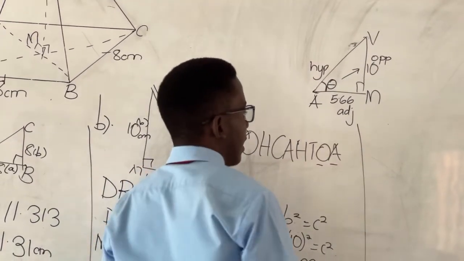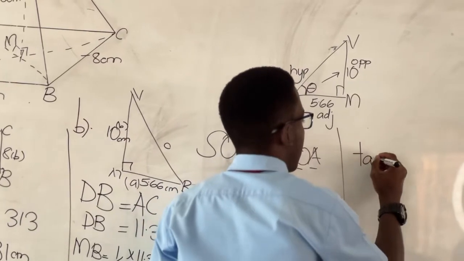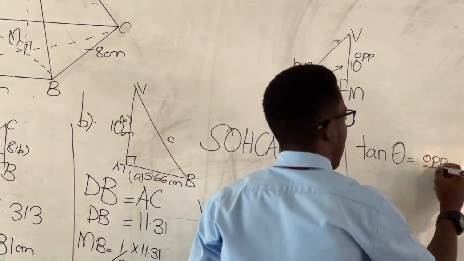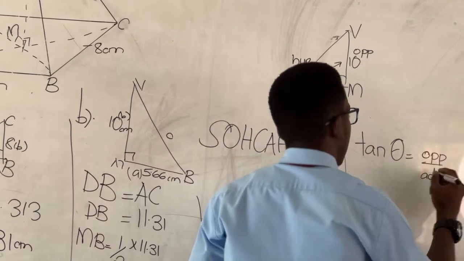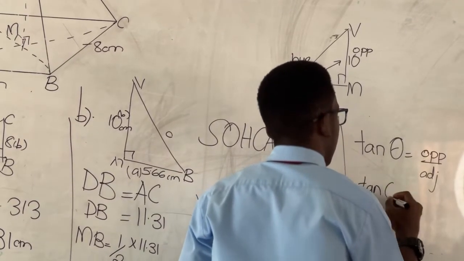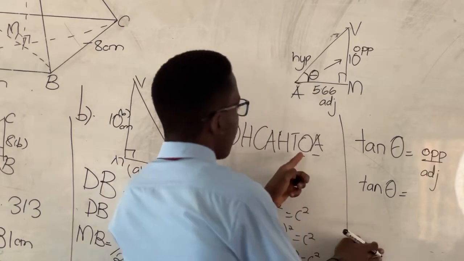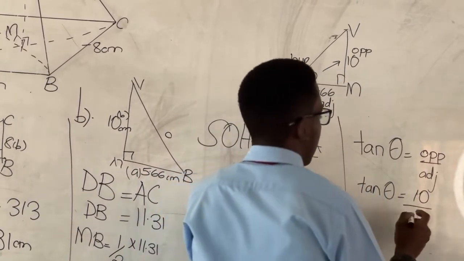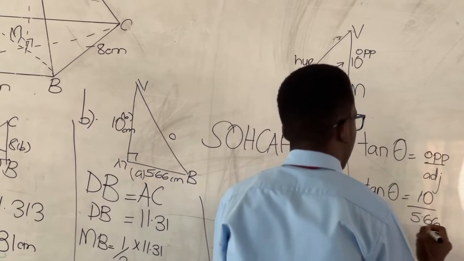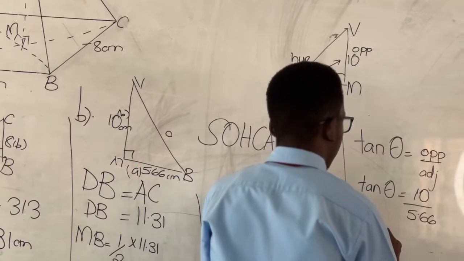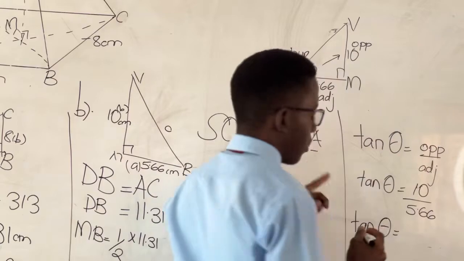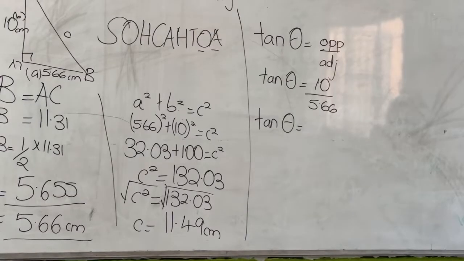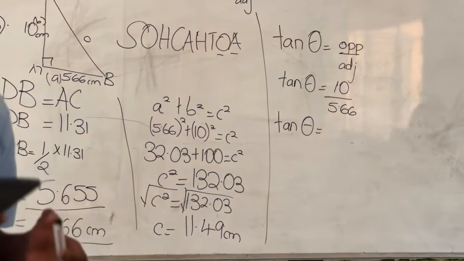So we're going to use tan. Tan theta is equal to opposite out of adjacent. Then tan theta is equal to, our opposite is 10, our adjacent is 5.66. I quickly press my calc. 10 divided by 5.66 is